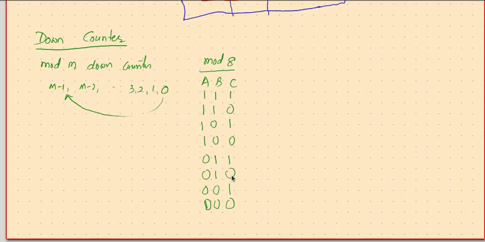Hi friends, before leaving these synchronous counters, let us look at one more important counter, which is a down counter. Instead of counting upwards, many times we need to count downwards. That means you start with some count and keep counting downwards, and when it becomes zero, something should happen. Let us say 5, 4, 3, 2, 1, 0. When you need such a counter, we talk about a modulo m down counter, then